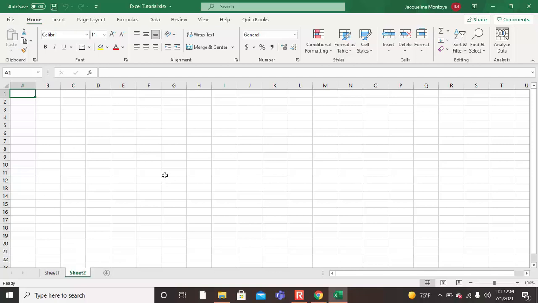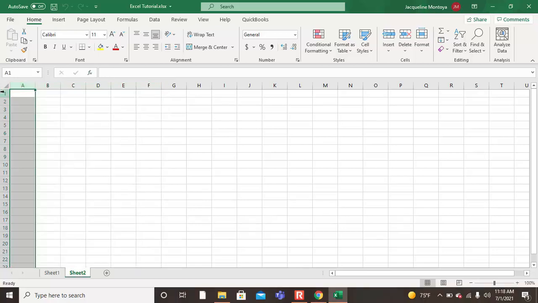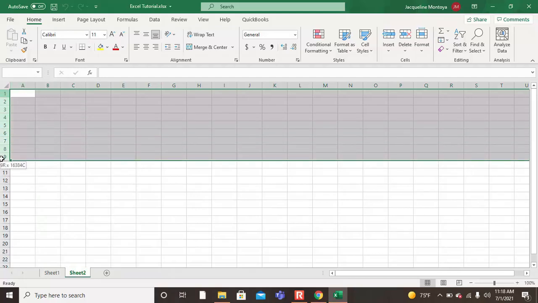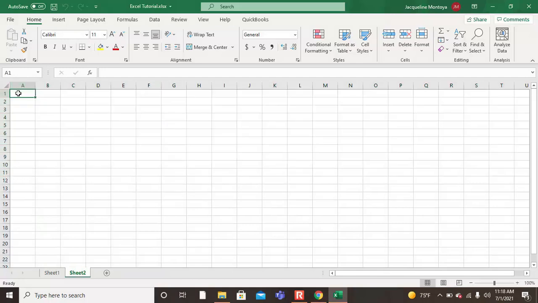Looking at the overall worksheet within the grid, all of the bars in the vertical direction are referred to as columns and labeled alphabetically. All of the bars in the horizontal direction are referred to as rows and labeled numerically. Each one of these boxes is referred to as a cell. Cells are referred to by their name. The name is given from the column and row. For example, this top cell would be labeled